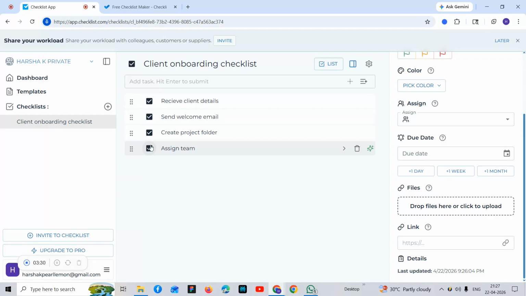What's happening here? In checklist.com, it is a task-by-task execution tool focused on repeating the same processes again and again. It is built to avoid mistakes, but you're locked into fixed steps, linear flow, and tick-based completion, as we can see here. And now let's go to templates and do the same execution there.